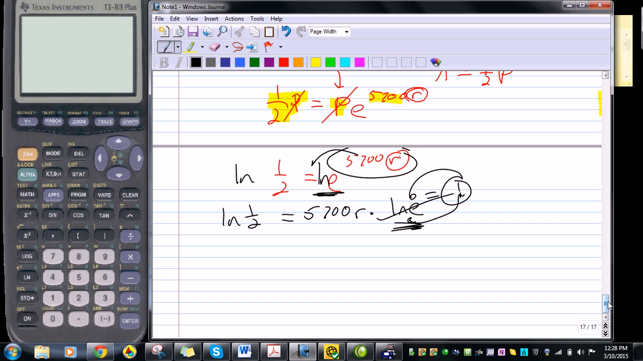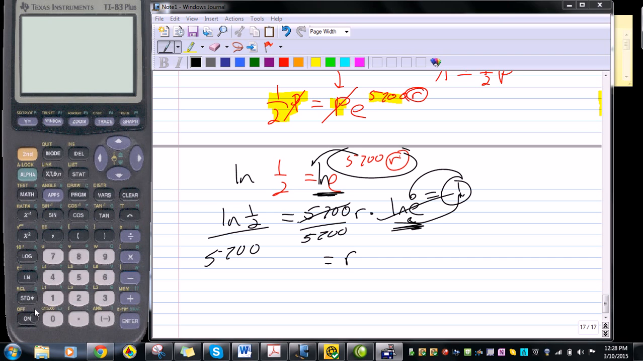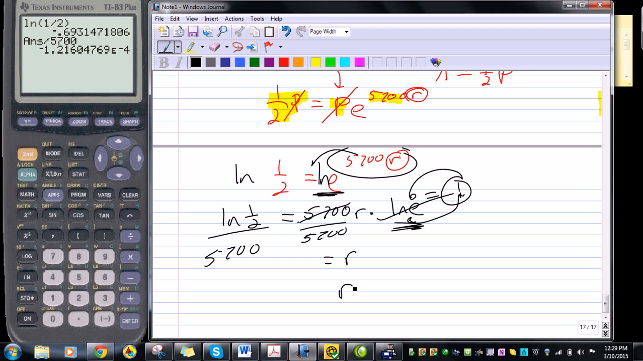Okay. Now I proceed to solve as usual, and when I divide by 5,700, I get my r, right? And I'm going to turn to my calculator to see what on earth that is. That's called the rate of decay, or the constant of decay. I don't remember what it is, so I'm going to take the natural log of 1/2 and divide that by 5,700. Okay? So what I now know is r is, let's see, this number, negative 1.216 times 10 to the negative